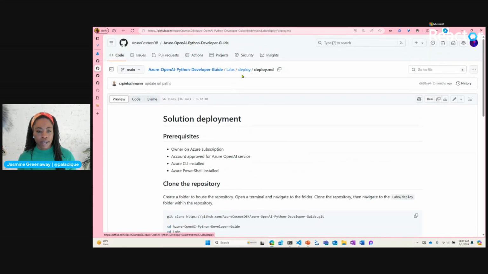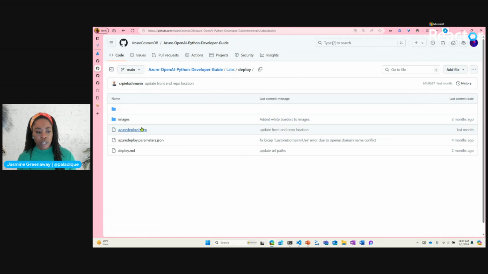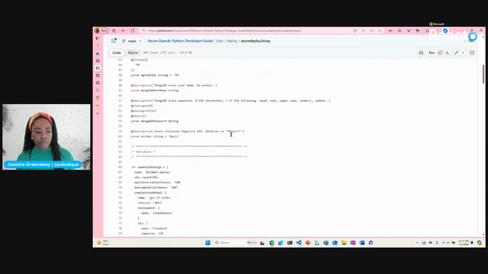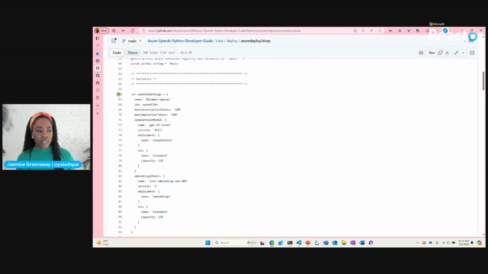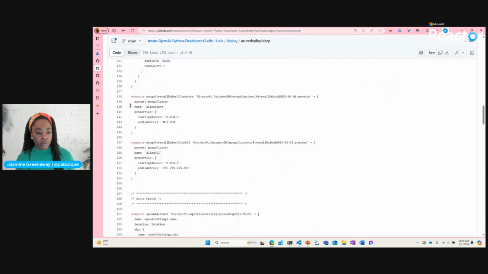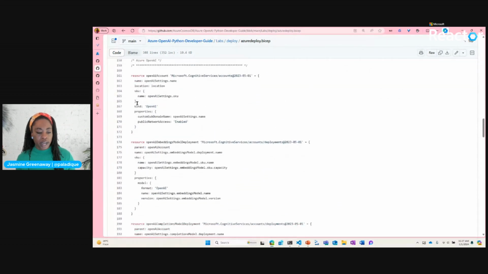Let me see if I can find this and deploy page. And then you can come in here and just comment out, let's see here, the OpenAI settings and there's another one, an Azure OpenAI in here,